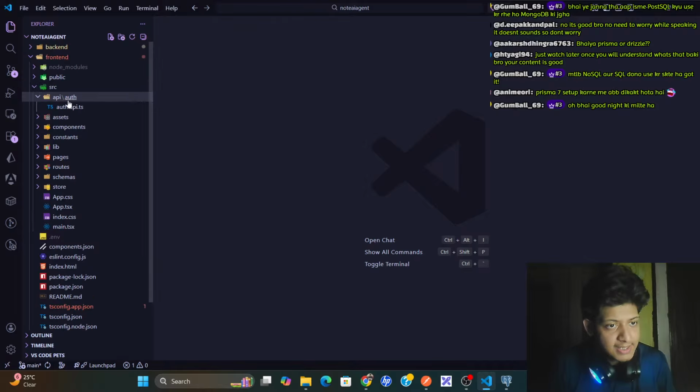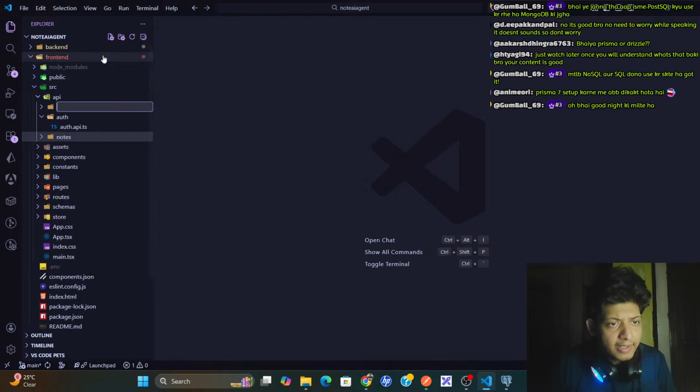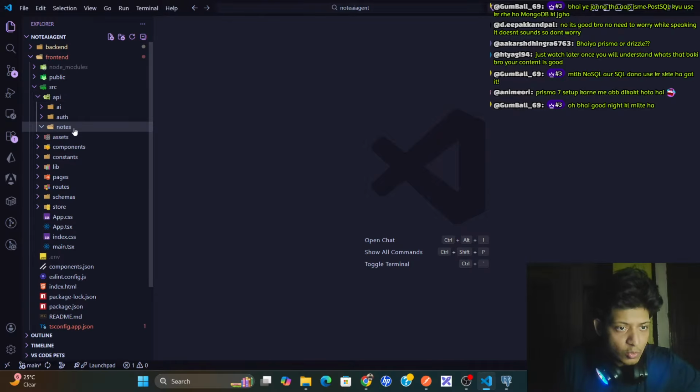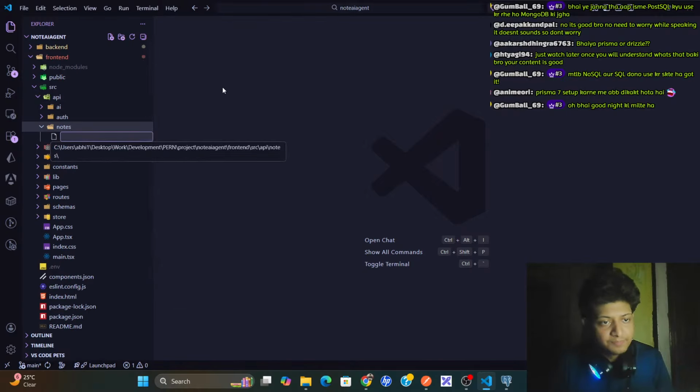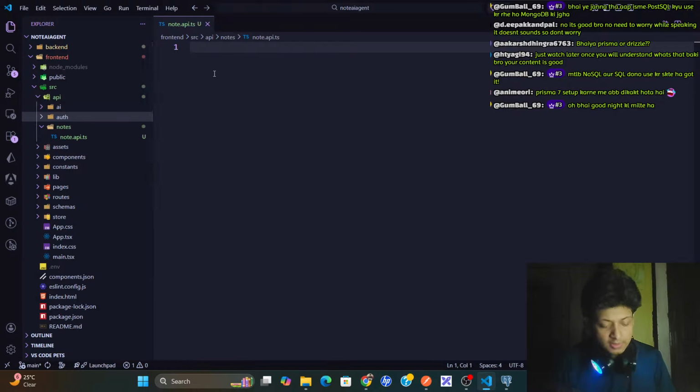And in front end, src, API, auth, and now I'll create notes, then I'll create agent AI, just these two APIs. My auth is done. Now in my notes I'll create a new API here, note.api.ts, auth. Okay, then